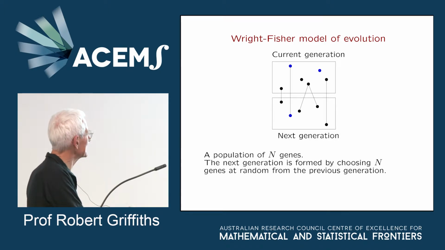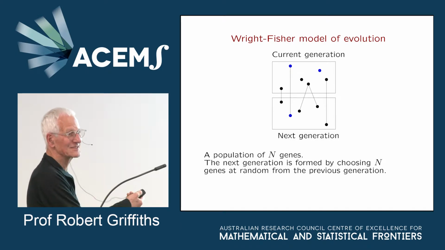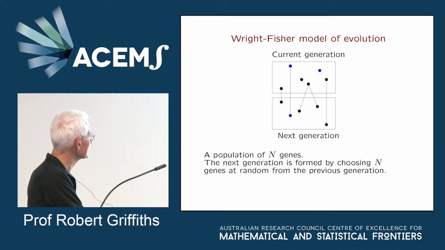And in this picture, there are really 2 kinds of genes, which we'll denote by colours. So maybe blue is little a and black is big A. So you can see what happens here. If you look at it carefully, this child has one parent, a single parent, or this parent has one child, if you want to think about it that way. You can think about it really either way. You can think about parents giving birth to n genes at random, or choosing your parents at random. There's 2 ways to think about it.